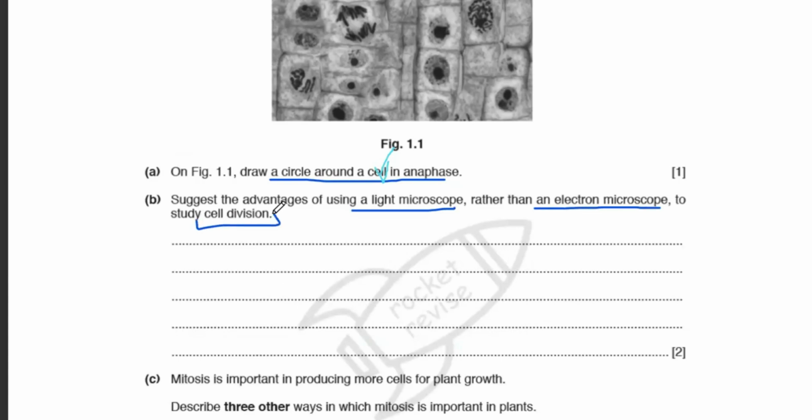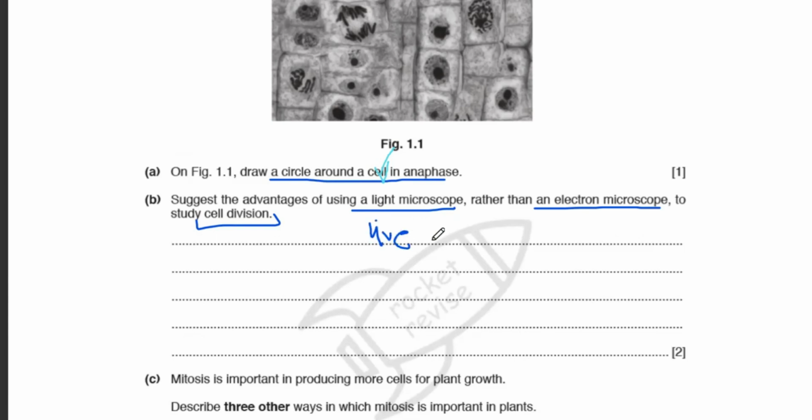So this is a very nice question, and this question comes repeatedly. This often comes for cells as well, and this can come for cell division as well. There's one significant advantage of using a light microscope to study cell division. What is it? If you can identify it, then I'll say that you're going to get a star. Other than resolution and other than magnification, there's one other significant advantage of using a light microscope. A living specimen can be examined. Living specimen can be seen, exactly. So you can see a live process.